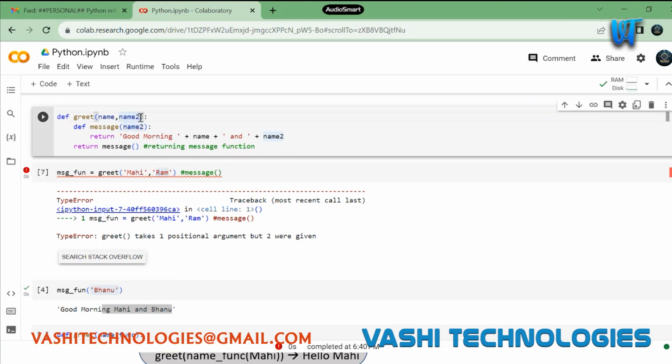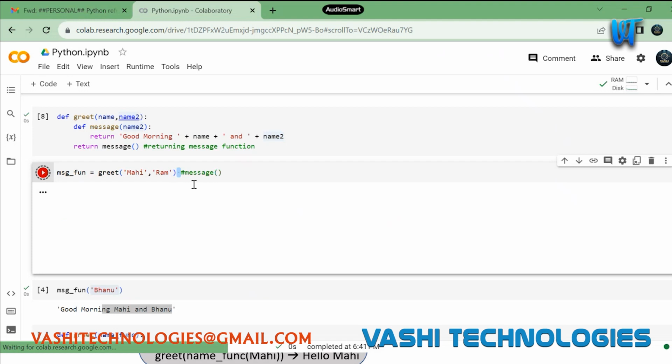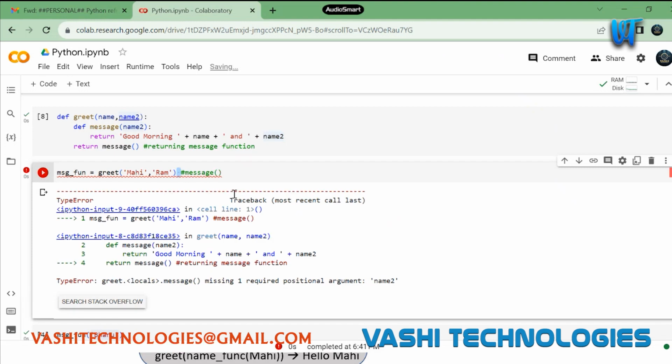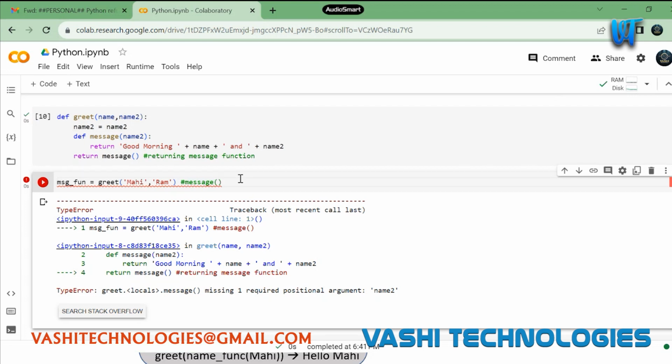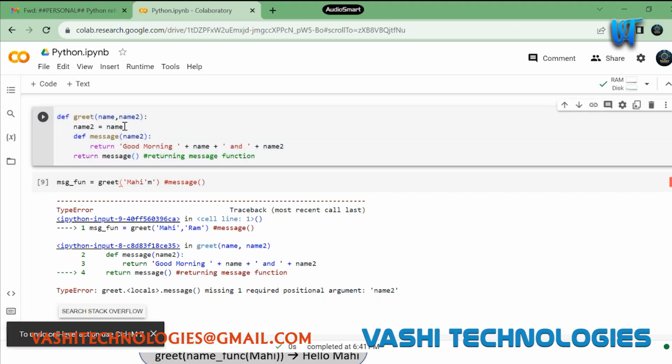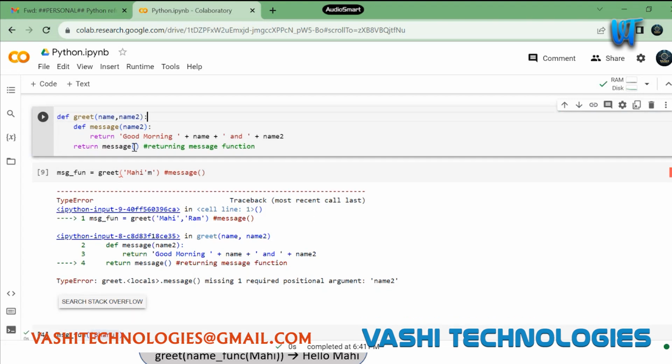I need to re-execute this. Sorry, my bad. I think I need to make changes in this. You see here, I am calling the function message, but I am not passing any value here. Since message is accepting name two, this name two I am getting from main greet and I am passing it to the message function. If you see here now,